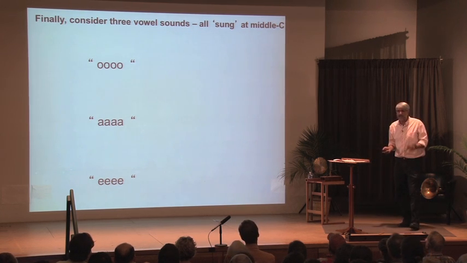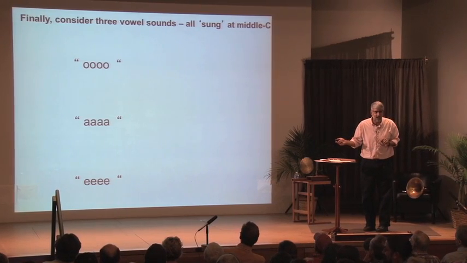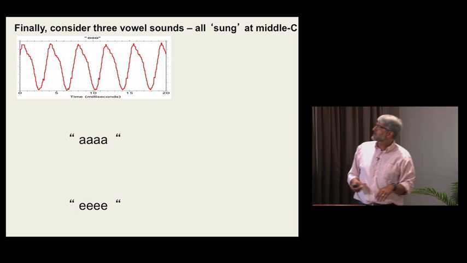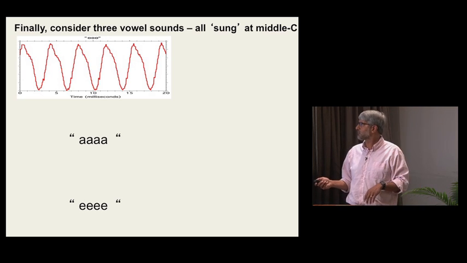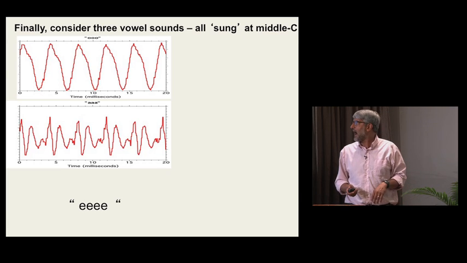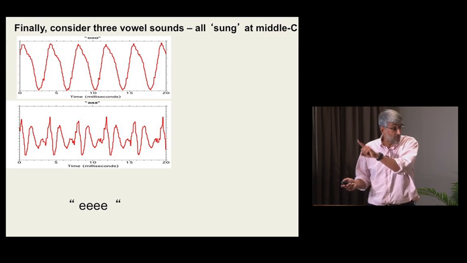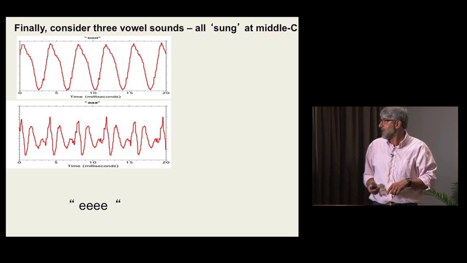And so let's look and see what the pressure variation for my oohs and ahs and e's looks like, okay? Ready? So there's the ooh. And you say, okay, that's a periodic signal. It's a little bit odd shape, it's periodic, it repeats itself. There's the ah. More interesting, but can you see that there's something quite similar to the one above it? Right? I've lined them up carefully so that you can see that. And there's E.